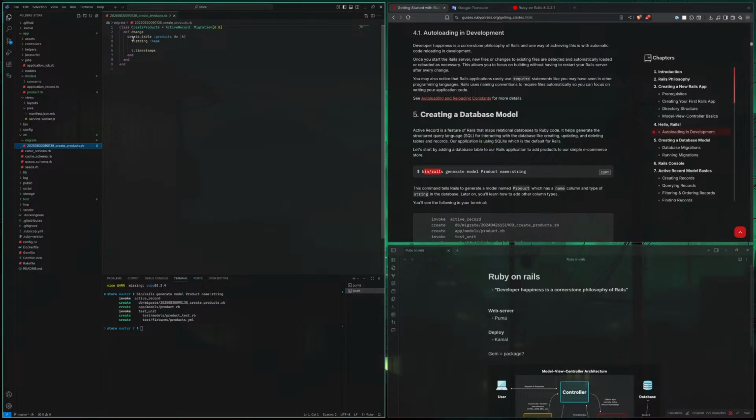I guess we are going to create a table called products with t.string, t.timestamps. Okay. We also created some tests. Oh, well, okay.